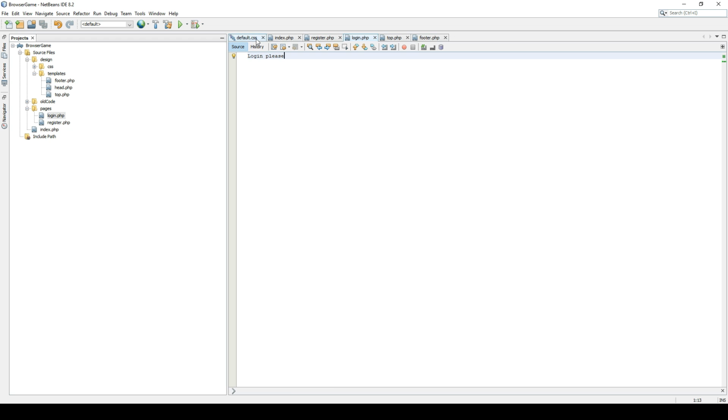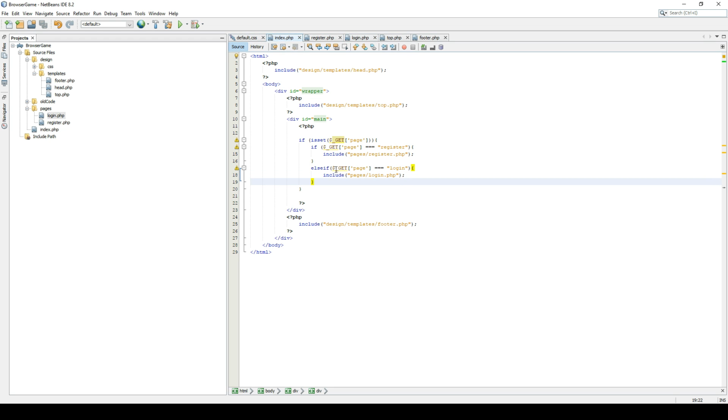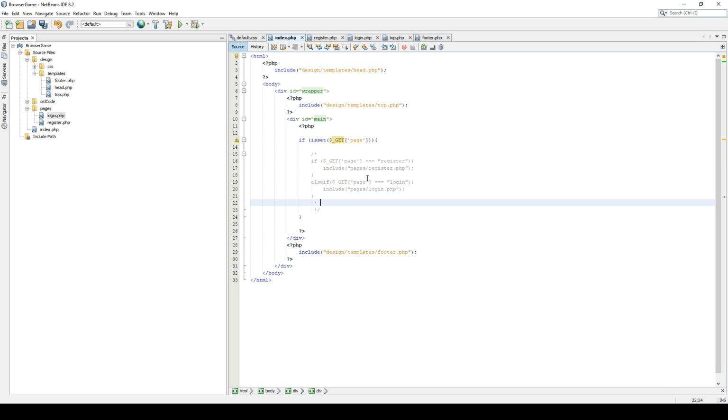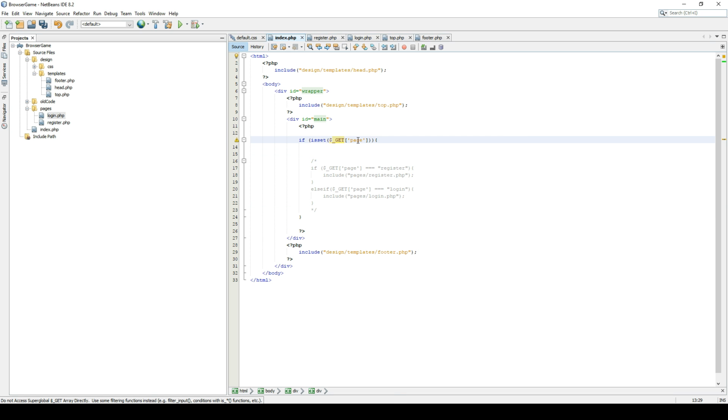So, one more thing. This is not much code, but we can shorten it a bit. What if we just comment this out. Same as in the CSS, we can just write a comment like that, with /* and end it with */. If we instead just look at this and say, okay, the page variable is set, now we can just include the pages GET page